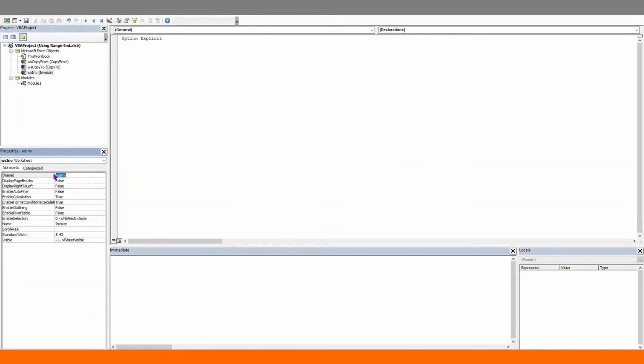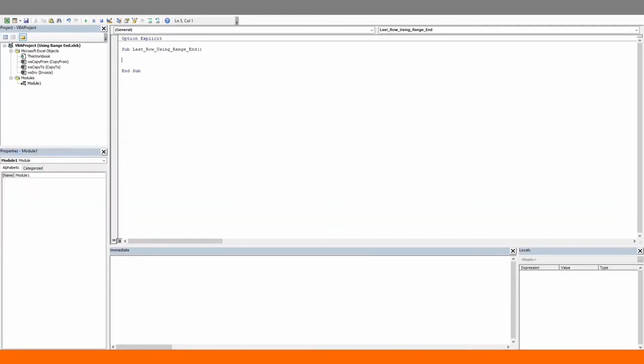Okay, moving on. As I mentioned in the last section, if you have worked in Excel, then the most intuitive way of going to the bottom of a data set is pressing the Control plus down arrow key. Let's try that in VBA. First, we'll declare a variable to hold the value of the last row number. We'll start from the first cell with data, which is cell A1, dot, and we'll choose the End property. We have 4 options here. Each represents an arrow key. We want to go down, so we will choose xlDown.